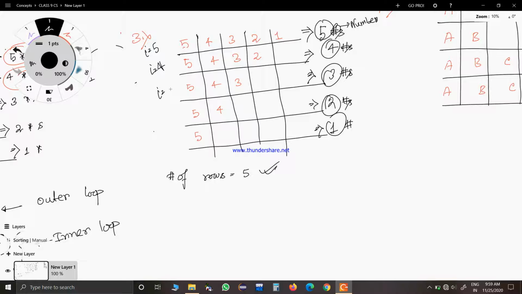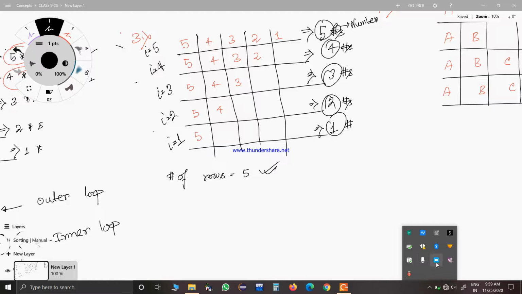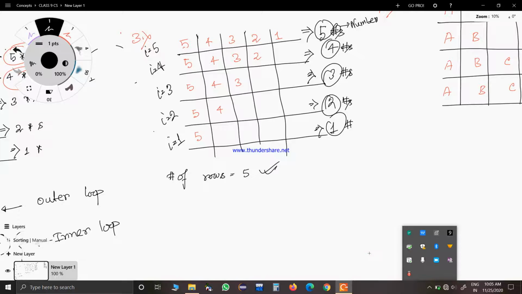So my i goes from 5 to 1, and my first condition, that i determines the number of elements in each row, is correct.